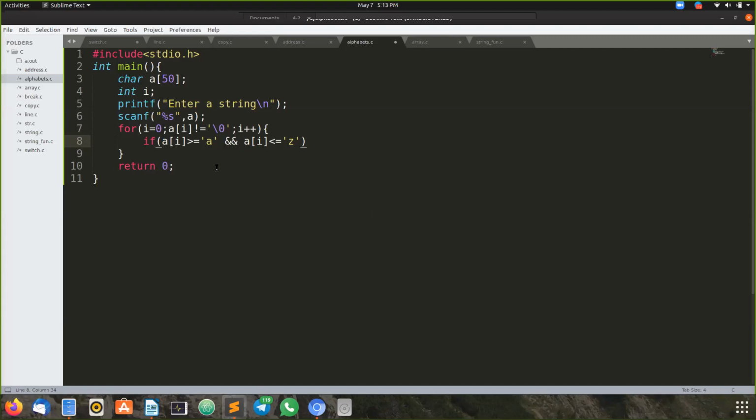If that character is greater than or equal to small a and less than or equal to small z. If you want to include capital letters also, it is fine.